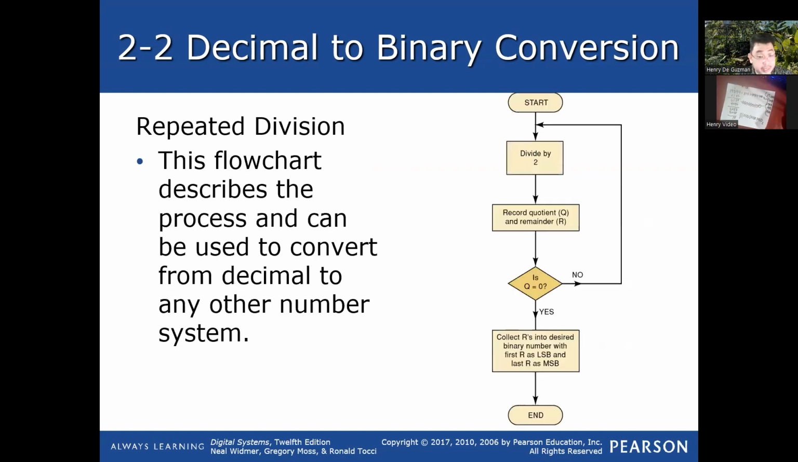Okay, next, repeated division. This flowchart describes the process and can be used to convert from decimal to any number system. Actually, pwede siya sa octal, pwede siya sa, siyempre, divide mo sa 8. Pag decimal, divide mo sa 10. Kapag naman, sorry, decimal na pala yan. Pag hexadecimal, divide mo sa 16. Okay? Pero ako, ang ginagawa ko, if you look at this, madali lang, let's stop share para makita niyo itong